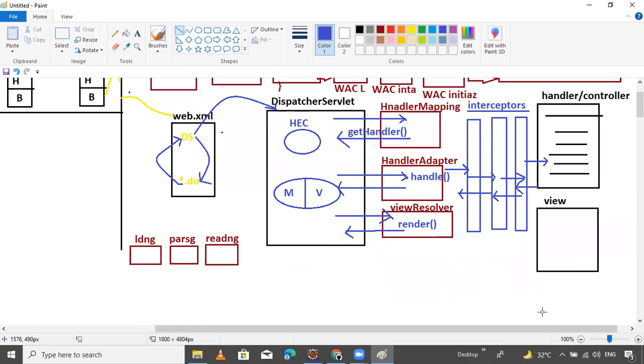The next thing is, after the render method, it will execute in this format. Come back to the interceptors, then back one by one. I'm sorry, here it does not come into the view resolver, it just gives the request to the dispatcher servlet.